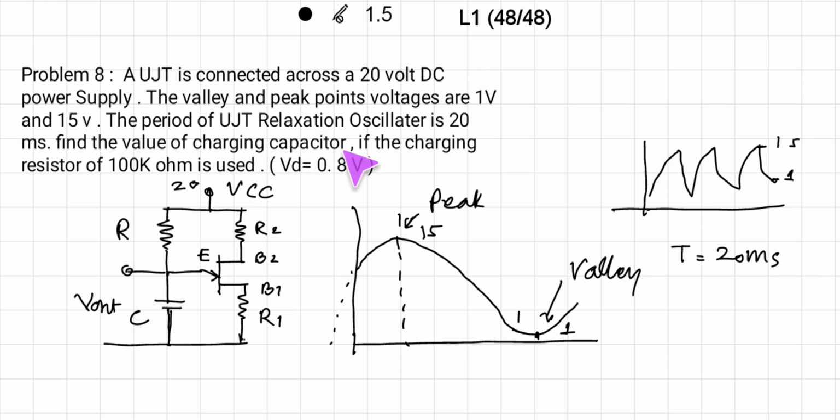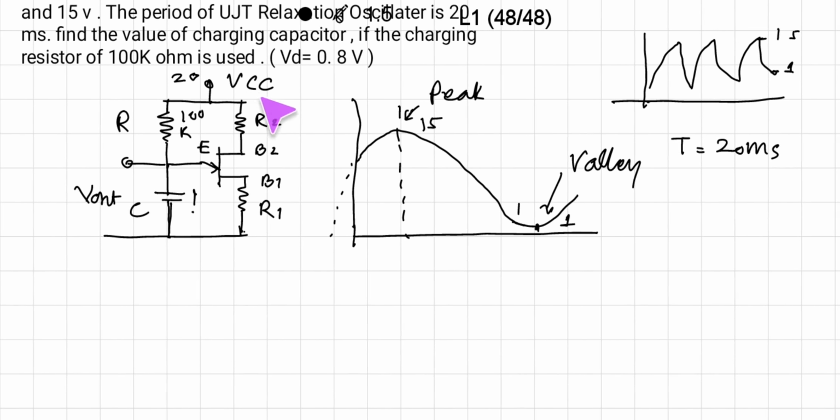Find the value of the charging capacitor if the charging resistance value is 100 kilo ohm. So this is the 100 k ohm resistance, and we have to find out the value of this capacitor. So that is what the problem is. The given things are, instead of VCC, the voltage between B1 and B2, VBB. So VBB is equal to 20 volt, peak voltage VP is given, that is 15,